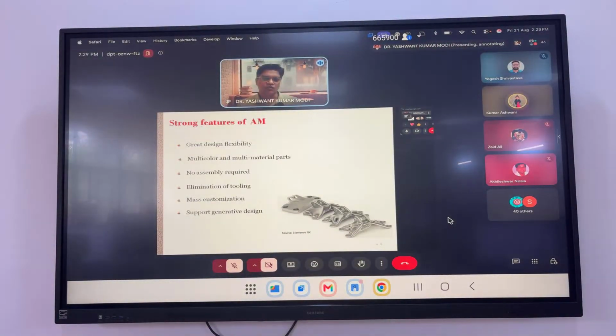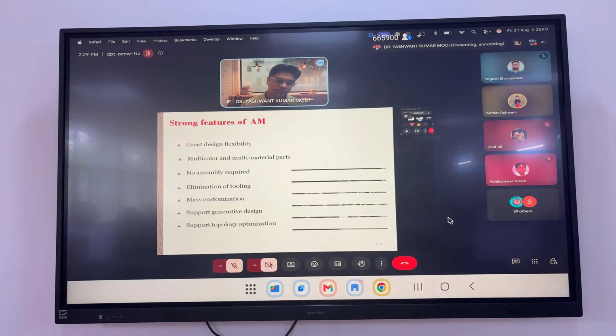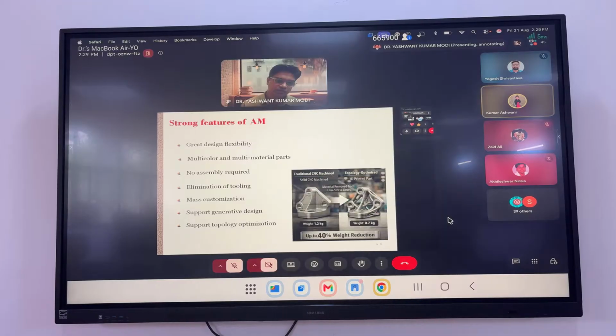And software generates multiple design options for us depending on our objectives. That kind of facility is now available in CAD modeling software like Fusion 360 or SolidWorks. Using this feature, we can generate topologically optimized components, which is mainly focusing on minimization of the material. Where material is required, only put material there, otherwise remove the material without sacrificing the